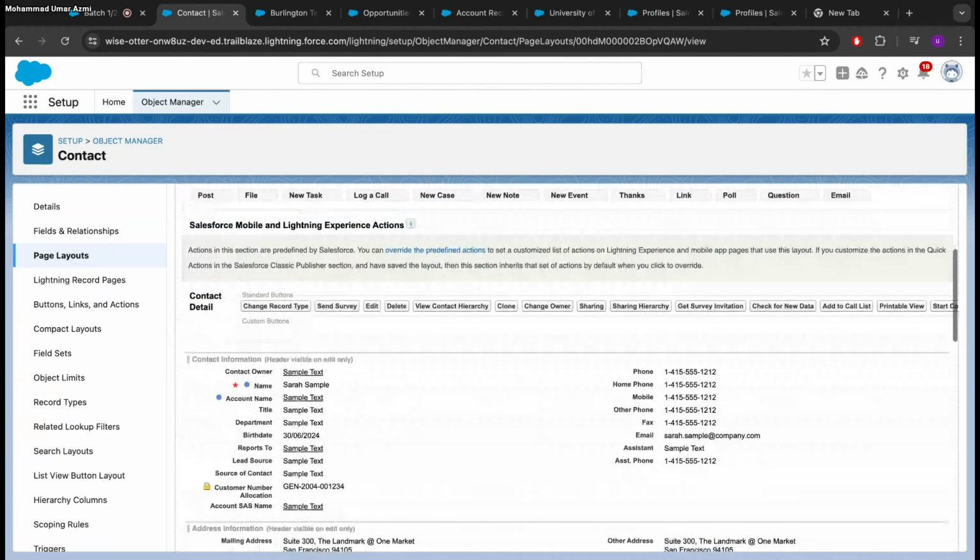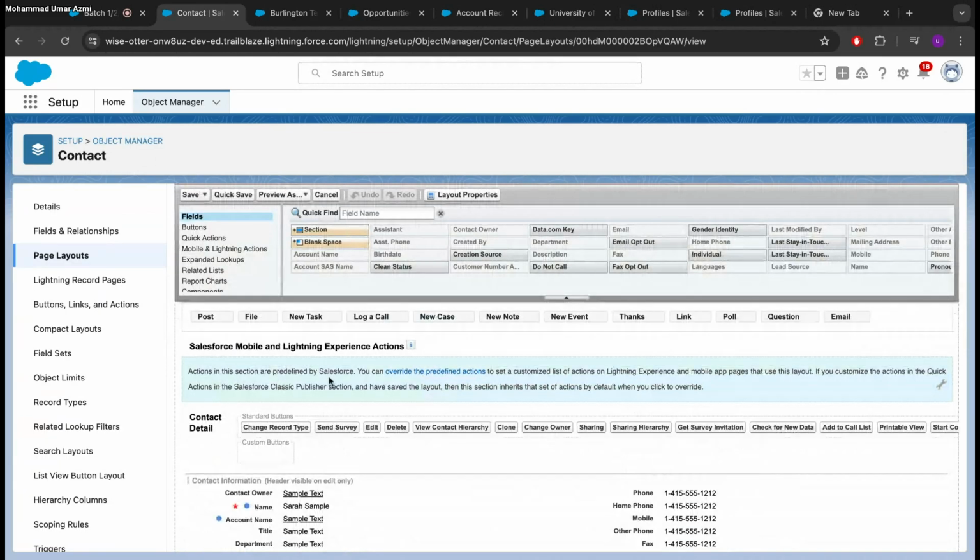Yeah, over here, can you see? The actions in the sections are predefined by Salesforce. You can override the predefined section to add the actions that you want to add. So I already clicked on override the predefined actions. Once I clicked on that, whatever I'm adding in these custom actions, I'll also have to add into this mobile and Lightning experience action. If I had not overridden the predefined actions, the changes would have shown